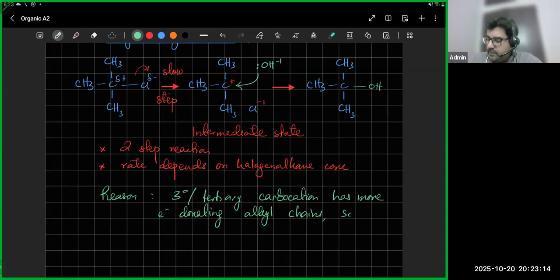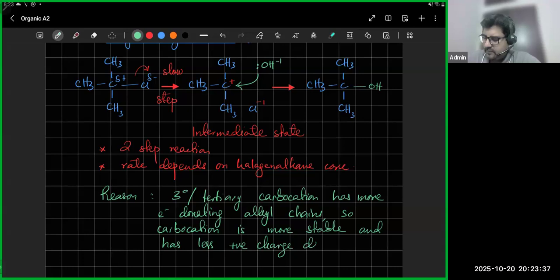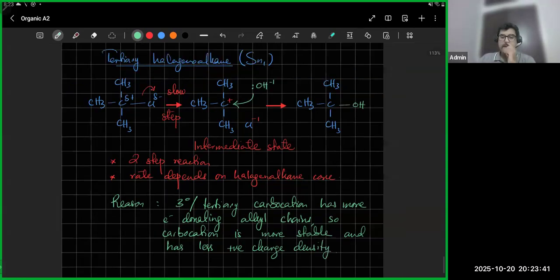So the carbocation is more stable, so it's easier to form. Carbocation is more stable and has lesser positive charge density. So okay, that's SN1, SN2